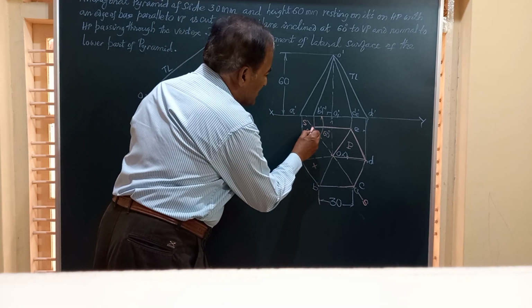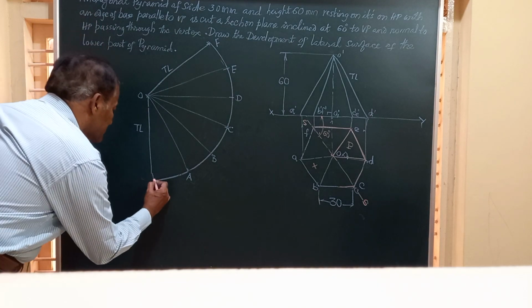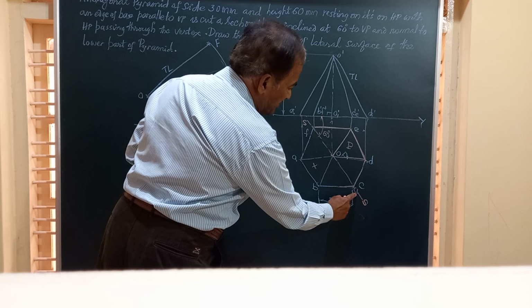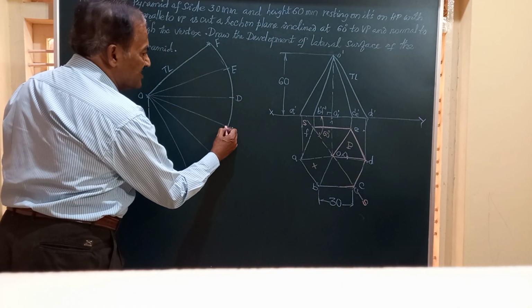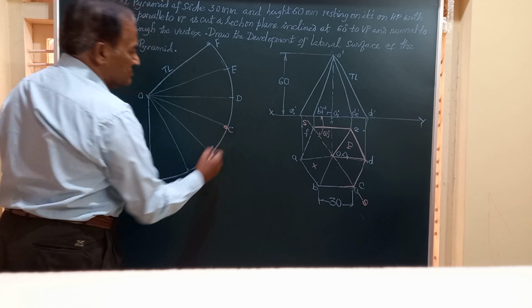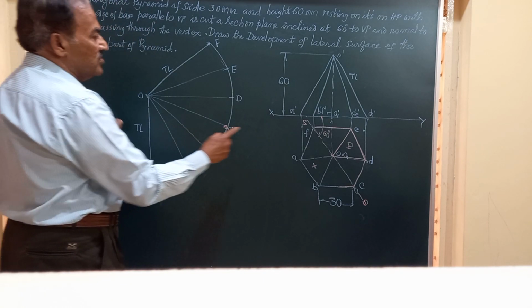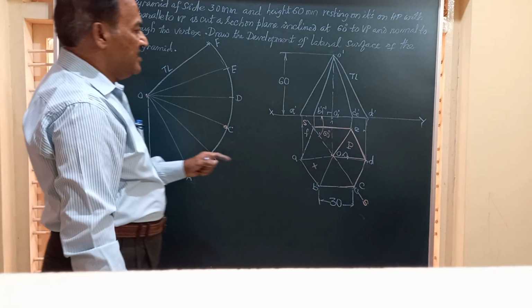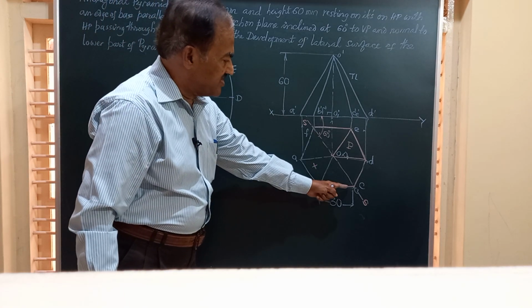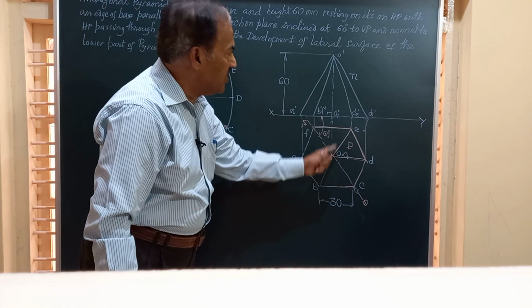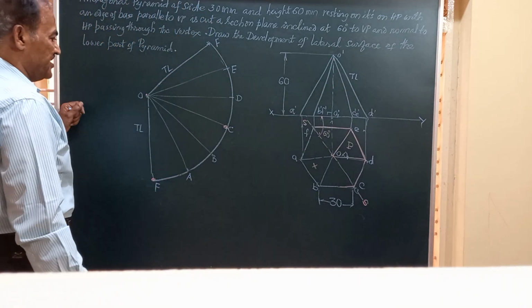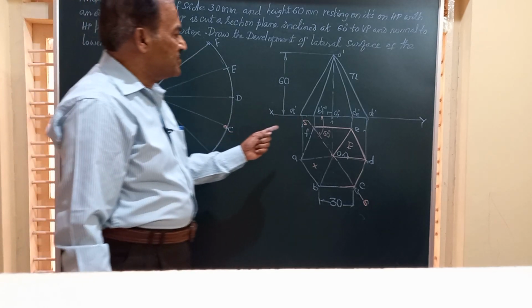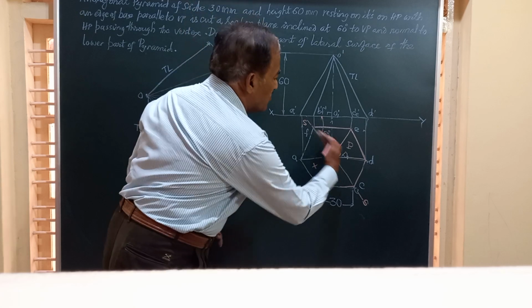It is passing through the corner F. That F is here. Again, it is passing through the point C. That C is here. Again, it is passing through the vertex O. That vertex O here. So basically, we have got 2 points on the base, that is at F and C, and 1 that is at the vertex. So friends, now we have to join these points, and as you observe here, one half of the total solid